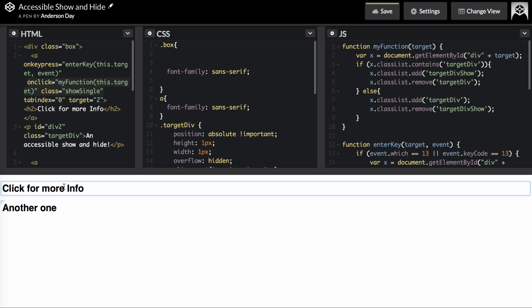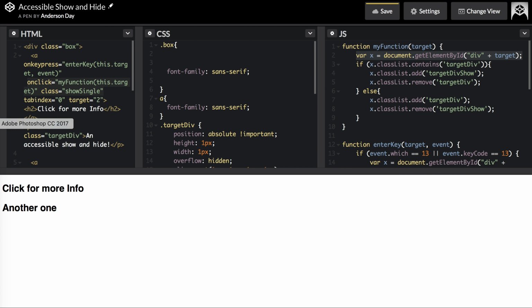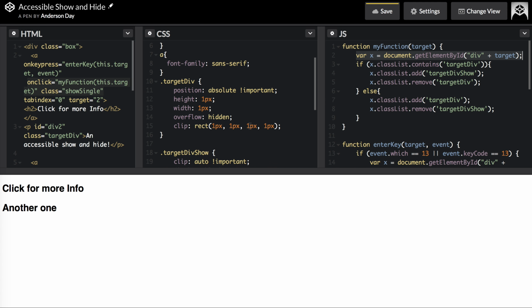So the event listener on the click looks for the target of this link and passes it through my function. My function passes target through. It gets the element by ID through this right here, and then it adds div, which you see div 2, it adds the target number to the end of it by concatenating it. And so if the class list, the class right here, is 1 pixel by 1 pixel, the visual user can't see it,